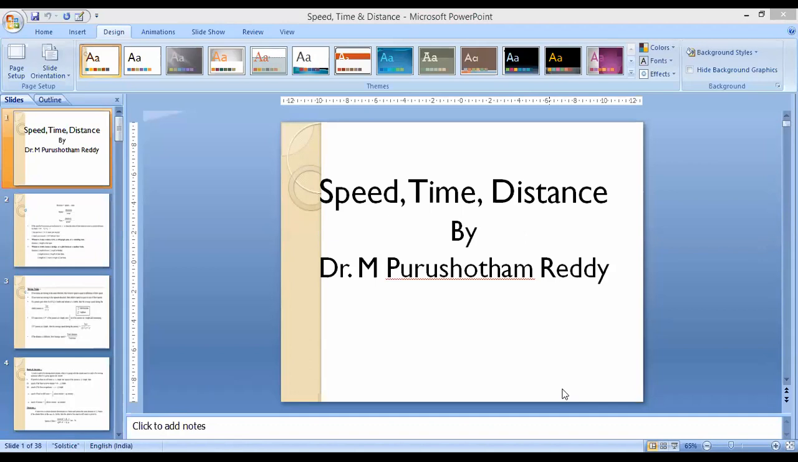Next, another important chapter, speed, time, distance. First question. A train moves with a speed of 180 kilometer per hour. Its speed in meter per second is